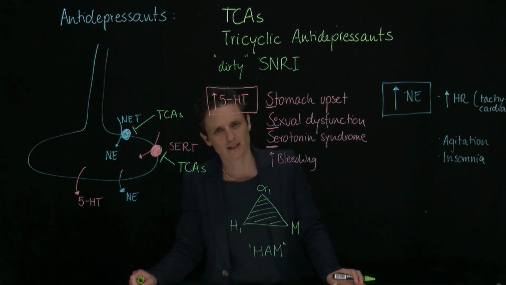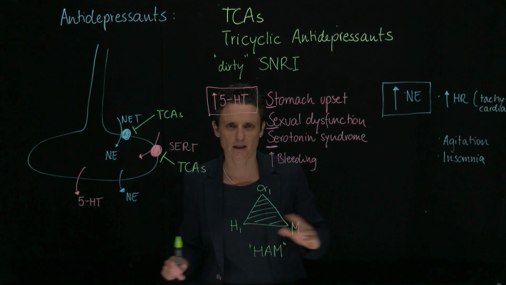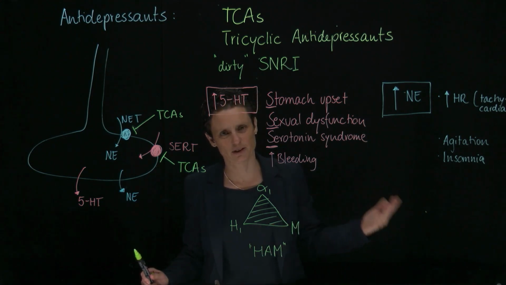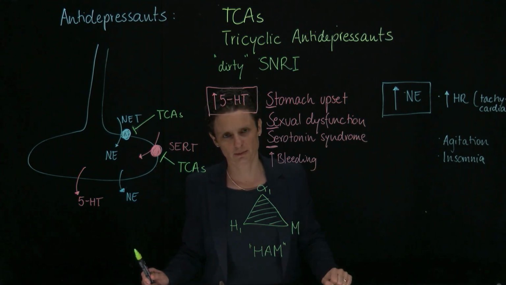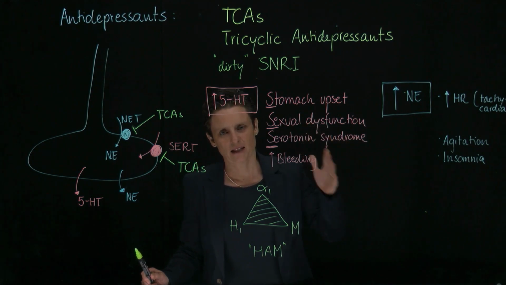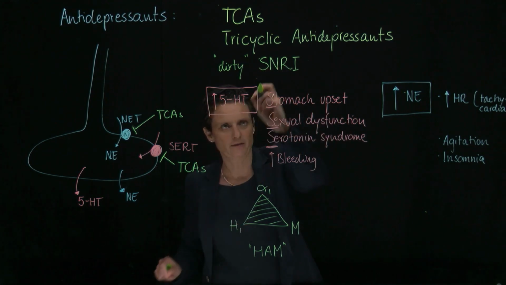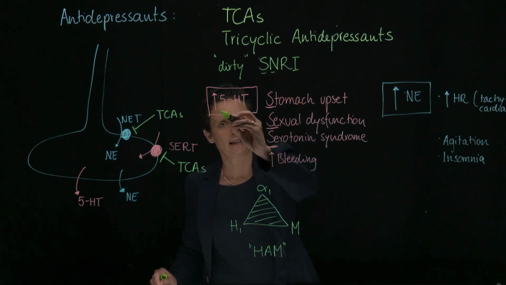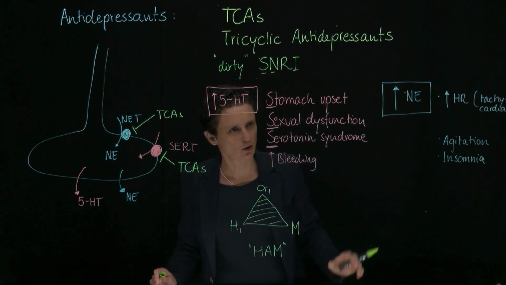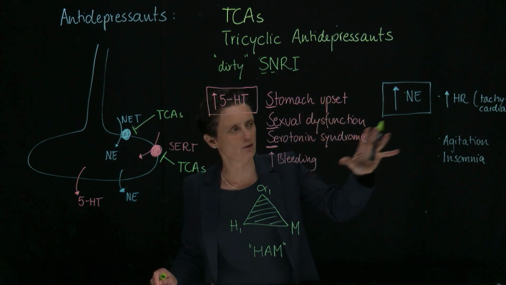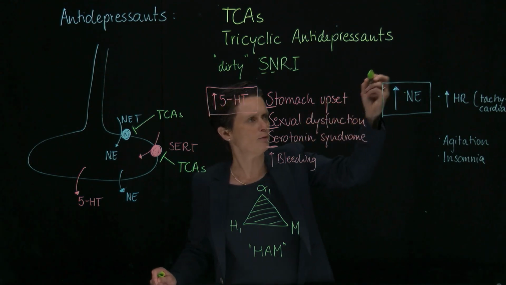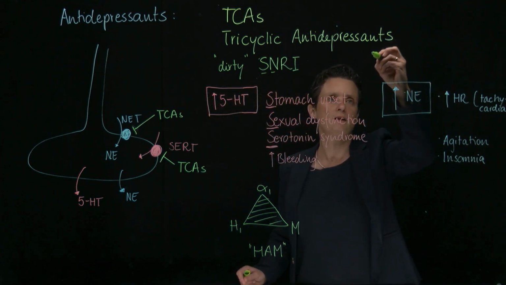Other adverse effects we already said with these antidepressants, we can also always predict the adverse effect based on which neurotransmitter they increase. These are dirty SNRIs. They increase serotonin and norepinephrine, that's in their name here, and that means an increase in serotonin. We know already what that leads to, and an increase in norepinephrine. And I also want to name one that you should remember. A famous one is